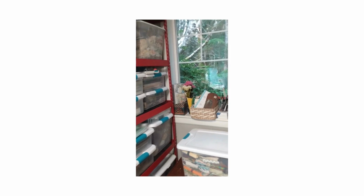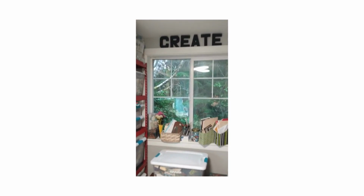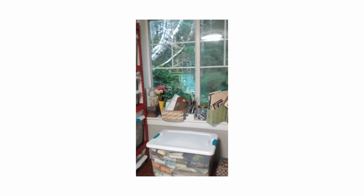So the next section is, we're still moving to the left here. Here's my window. I've got this little word create at the top, some things in the window, a journal I made for my grandson, a little bin with things I like. And then I've got my more specialty fabrics here. The box below was made by my great-grandfather for my grandmother for a dowry, and so I hold my yarn